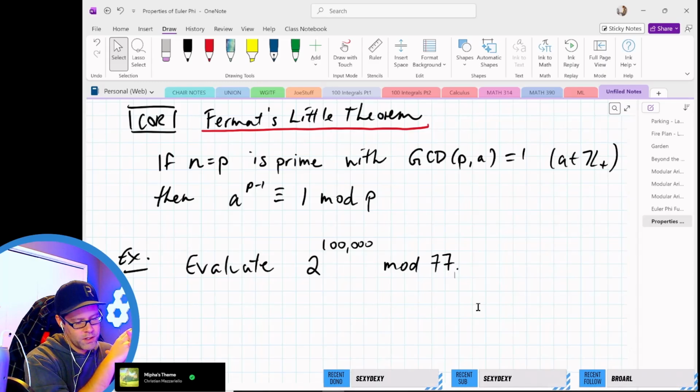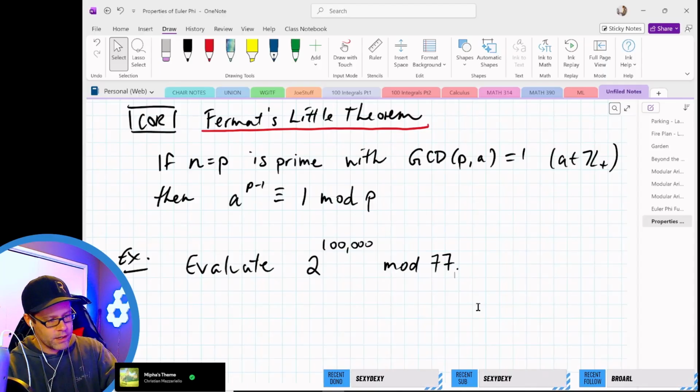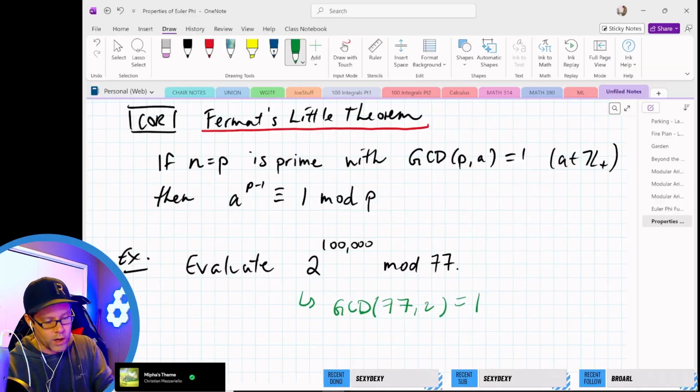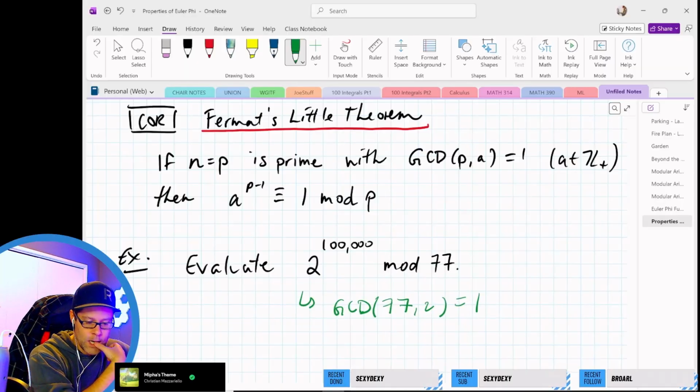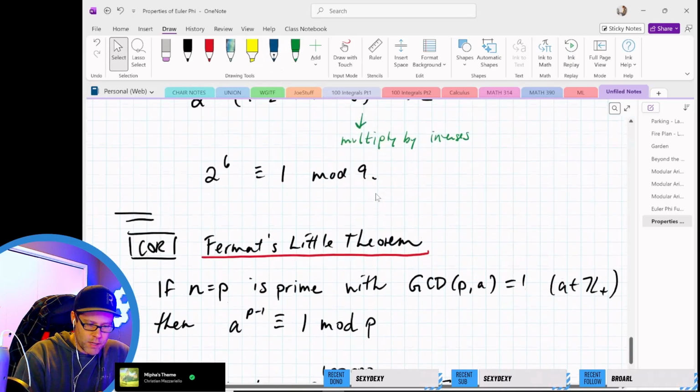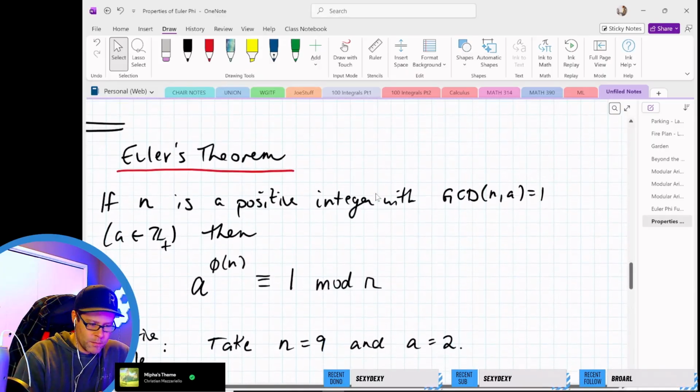I noticed that 77 is 7 times 11, and the base 2 is coprime with 77. So I do notice that right away, so I'm just going to write that down. I do notice that the GCD of 77 and 2 is 1. So I don't know if I can use Fermat's little theorem because I don't have a prime modulus, but I might be able to use Euler's theorem,